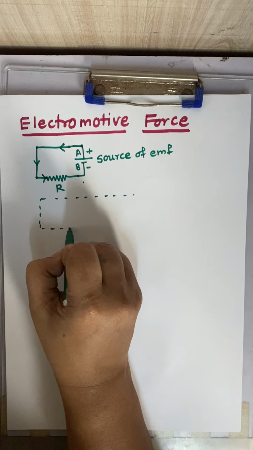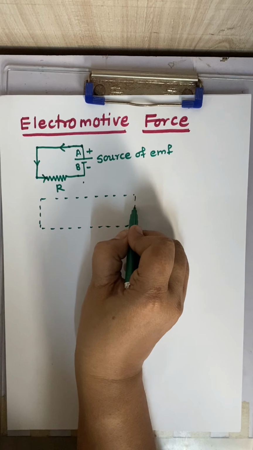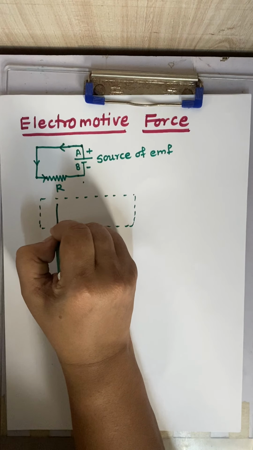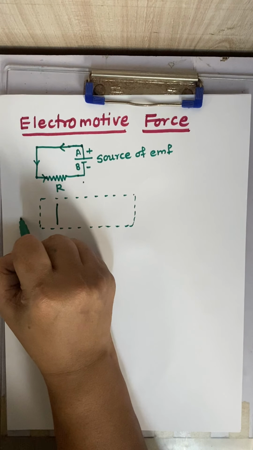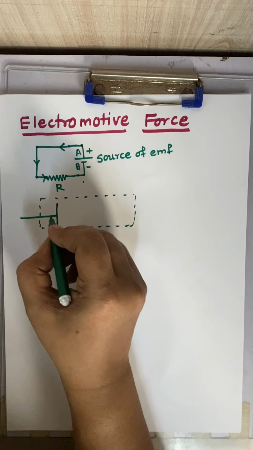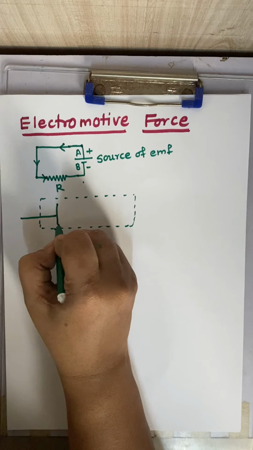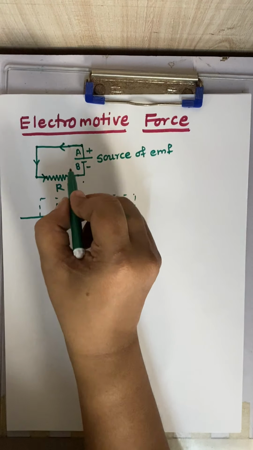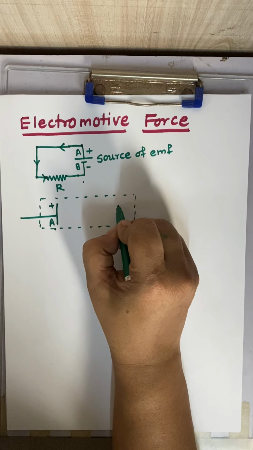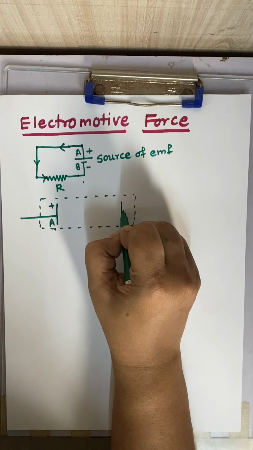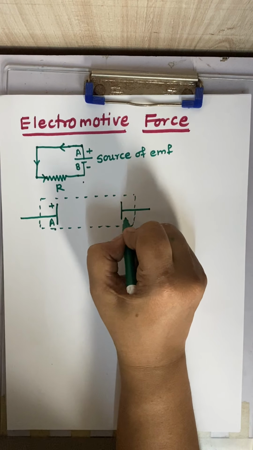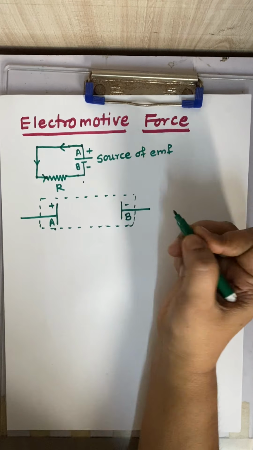This cell or battery is shown in this dotted column. Now this is terminal A. According to this, we have drawn this particular circuit diagram as a bigger one. So this is A, and this is at the positive potential. I'll write down here positive potential, and this is at the negative potential. What is the name given here? B. So B is at the negative potential.